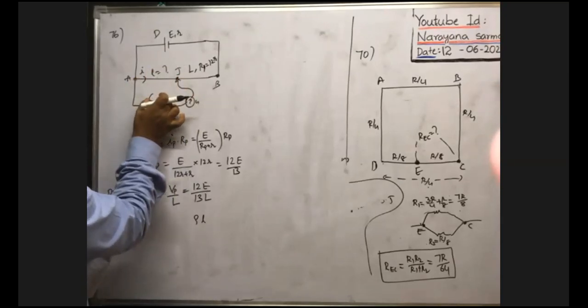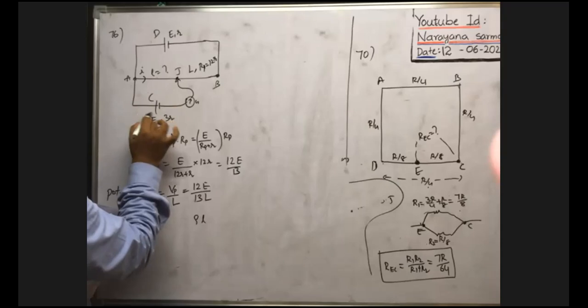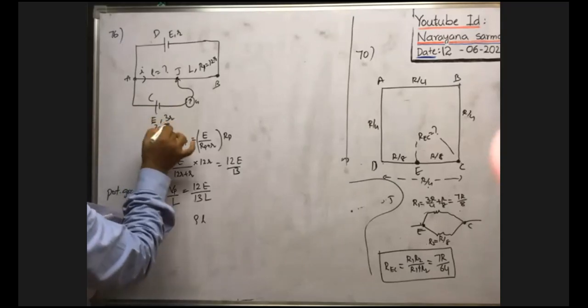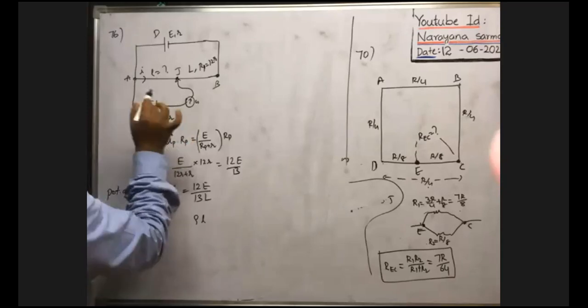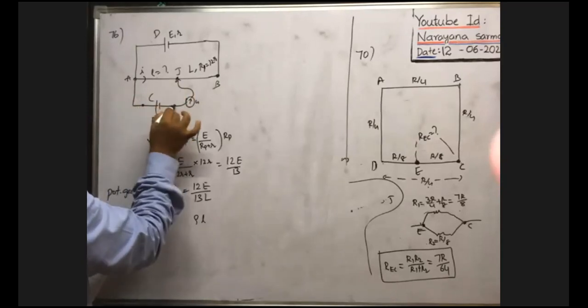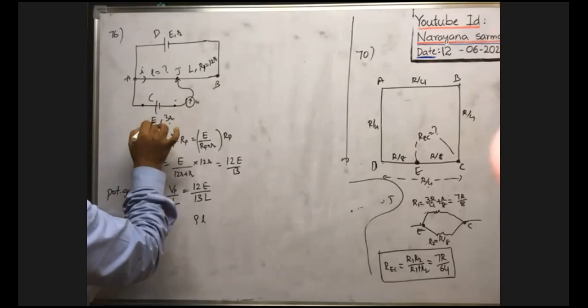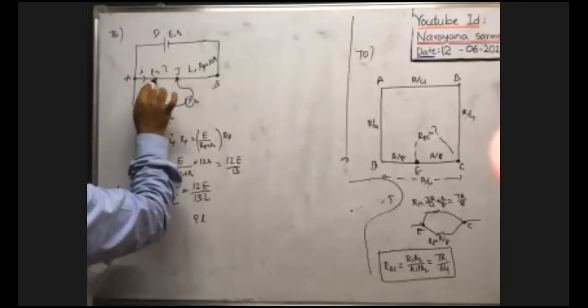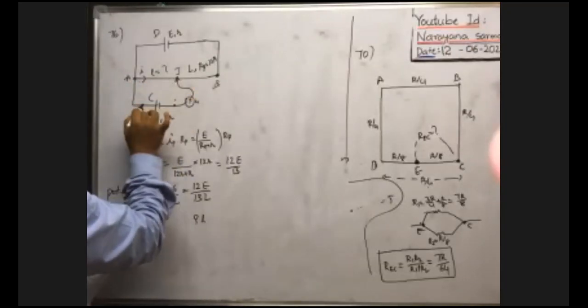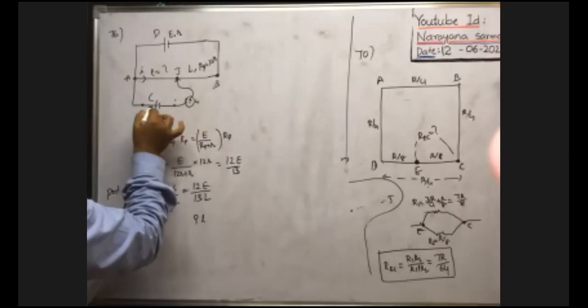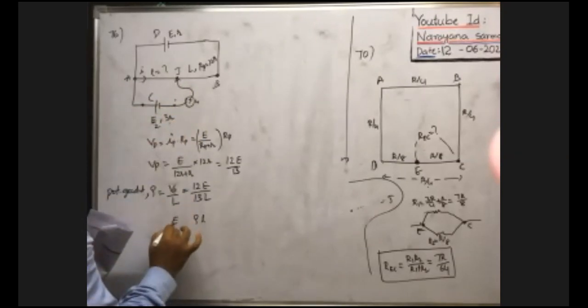That is equal to the potential difference across the two terminals of the cell. Here across the cell no resistance is connected in parallel. It is the internal resistance only, not an external resistance connected in parallel. That's why, whenever no current passes through the cell, the potential difference between the two terminals is the same as the EMF. So rho into balancing length is equal to the potential difference between the two terminals of the cell, which is the EMF of the cell only. That means E by 2.